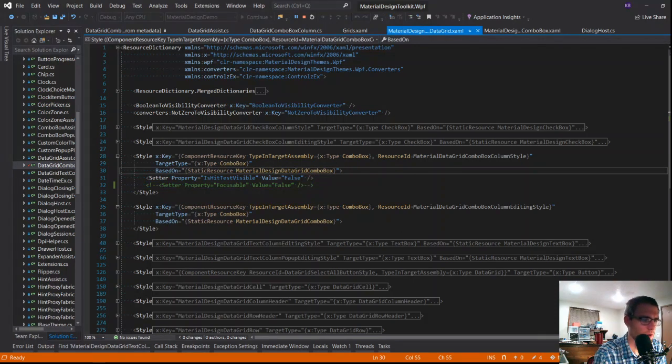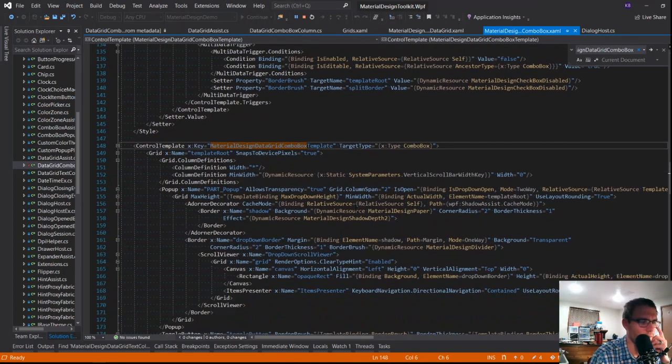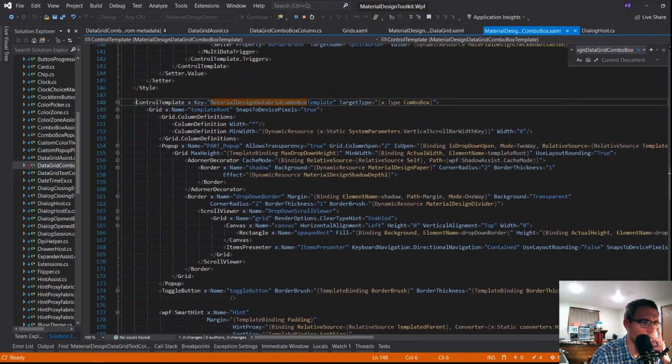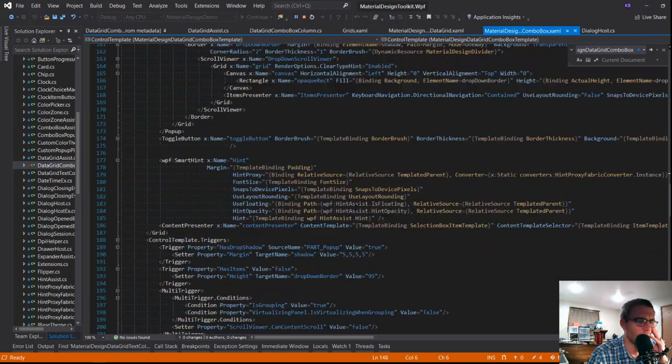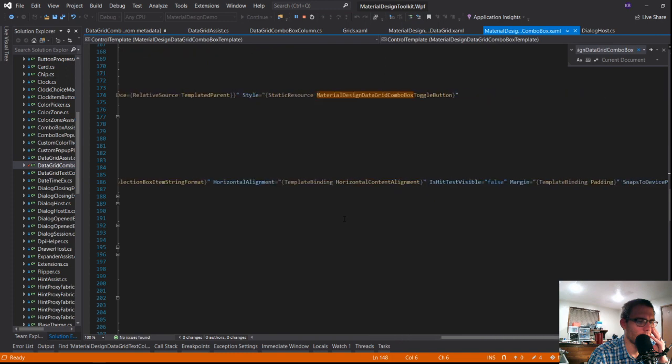Sort of wondering if this is all the way down into the base Combobox template. And container padding. Let's go to 12. So the default Combobox template. Dense string, whole bunch of stuff.